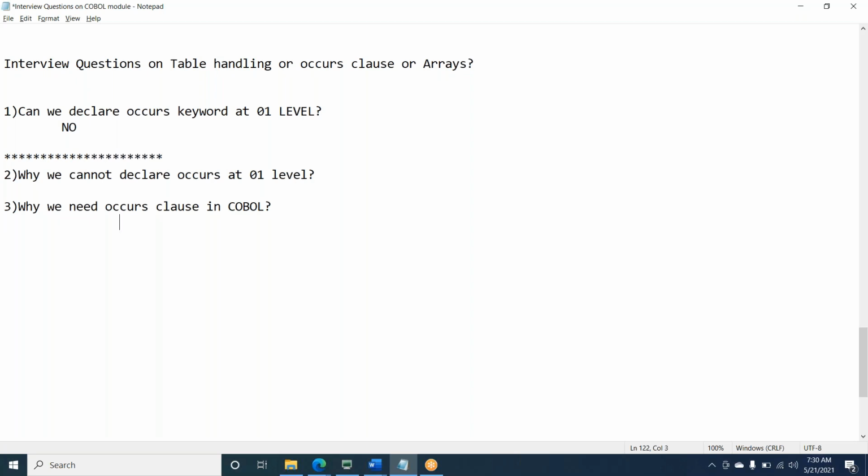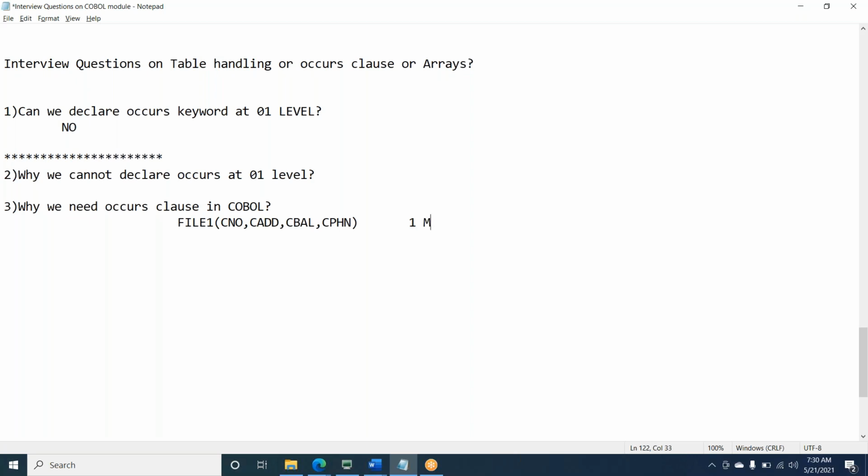So in program A, there is a file 1 which has data. Now in file 1, I want to check whether some data is there or not. In file 1, there is customer number, customer address, customer balance, customer phone number, and so on. It has 1 million records.